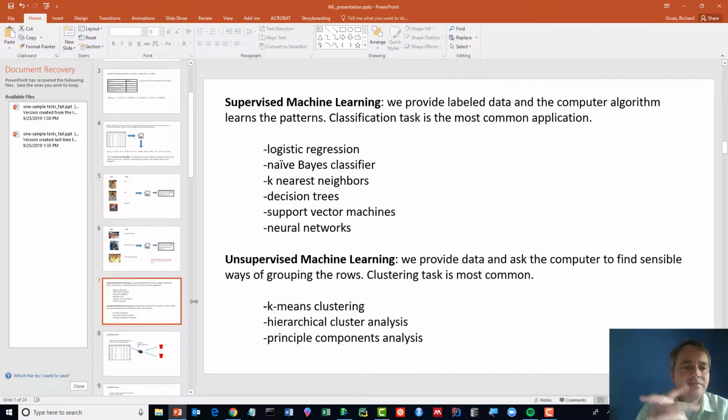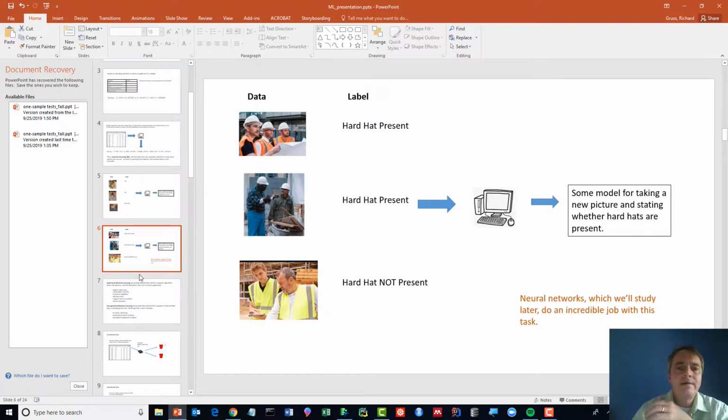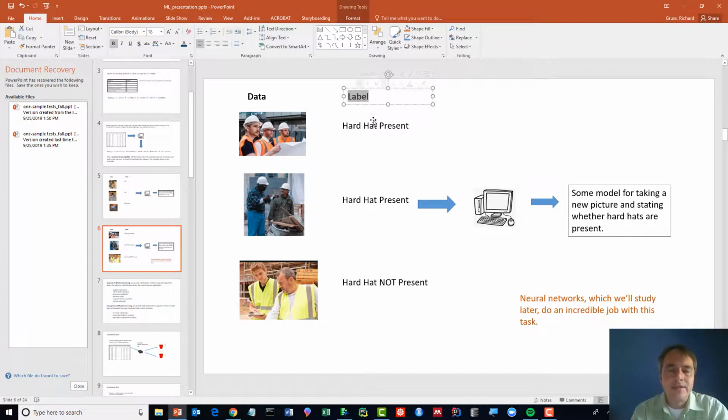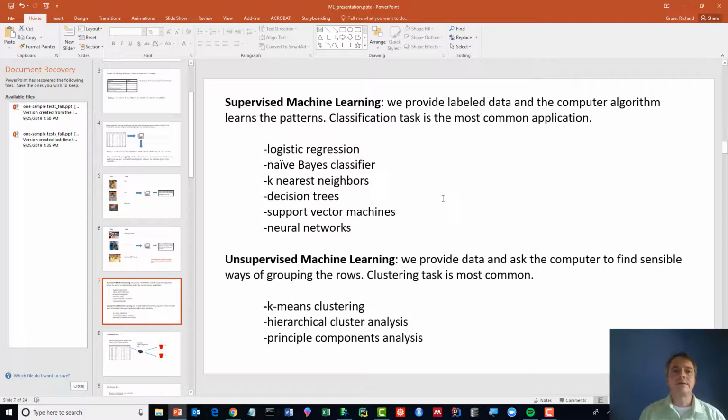This kind of learning, where we have some kind of data that we're feeding in, and we are accompanying each data row or each data instance with some kind of label, and then we ask the computer to discover the relationship between the data and the label. This is what's called supervised learning. Okay, so in the supervised flavor of machine learning, we're giving labeled data to the computer, and its algorithm learns